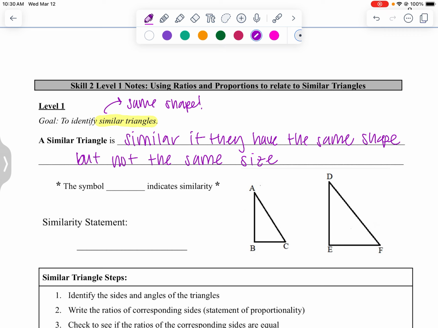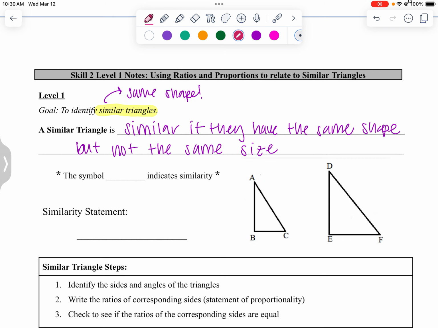And then we're going to see that we have what are called corresponding sides